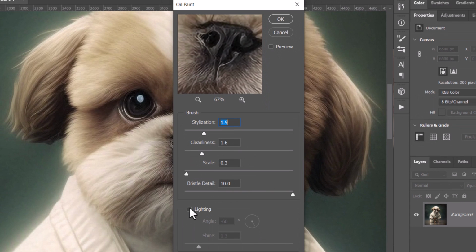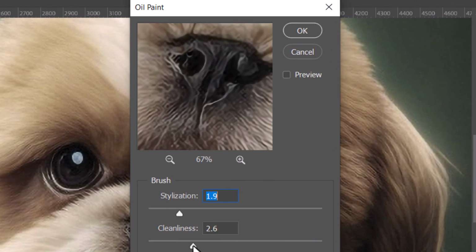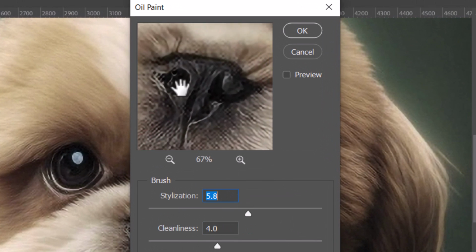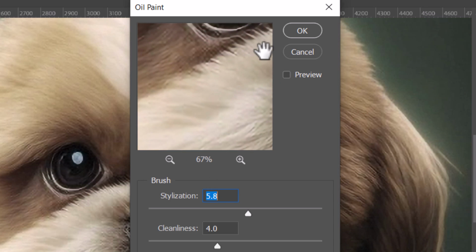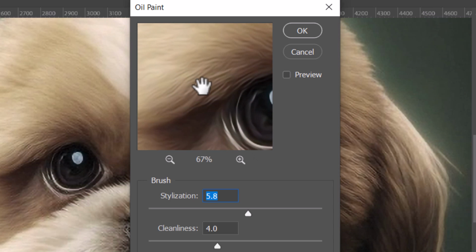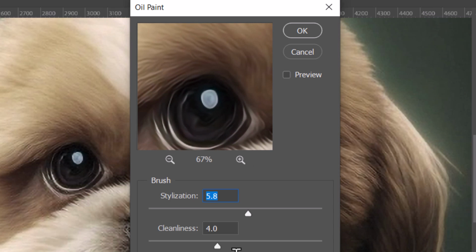Now we want to make sure the lighting is turned off. We don't worry about these two bottom sliders here, just focus on stylization and cleanliness. If I crank those up, you can see how it really smooths things out, but we lose a little bit too much detail in that process. But it depends on how far you want to go. You might like that style, but I'm going to say turn the stylization down a bit,